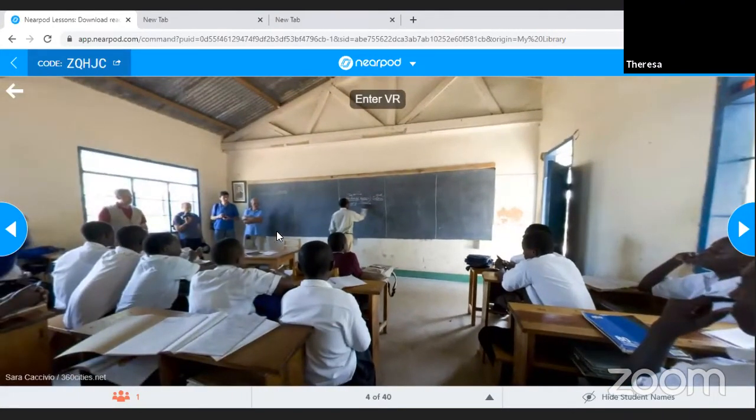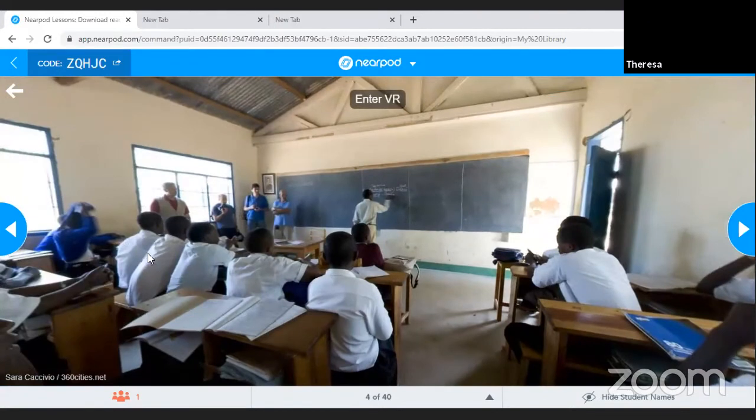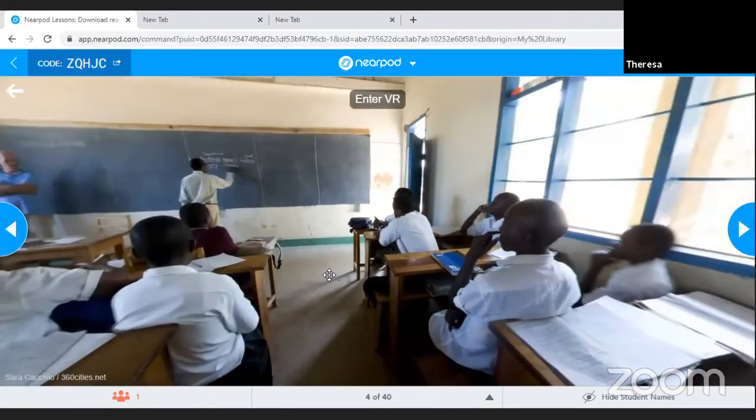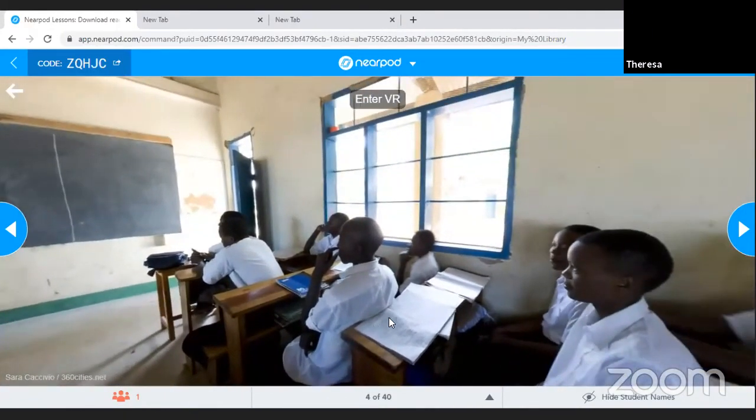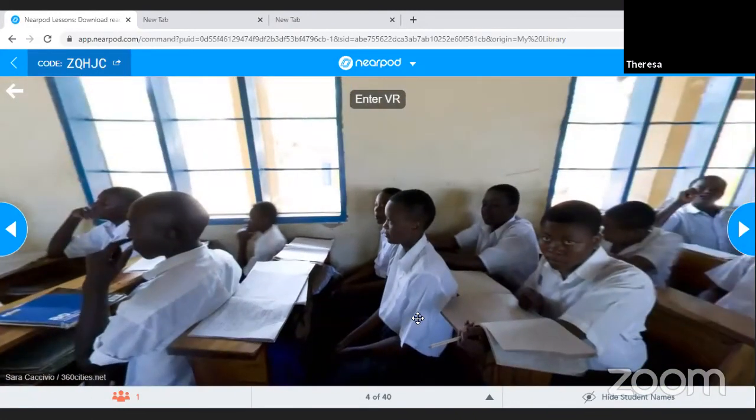Please ignore the visitors in the classroom, because I'm sure they have a purpose over there as well. But I'd like to have you look at how focused our learners are in the front, and how they seem to be absolutely attentive. But let's quickly take a look at what is happening behind the scenes.